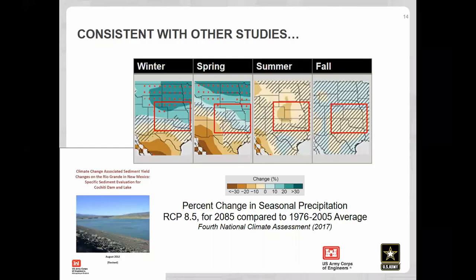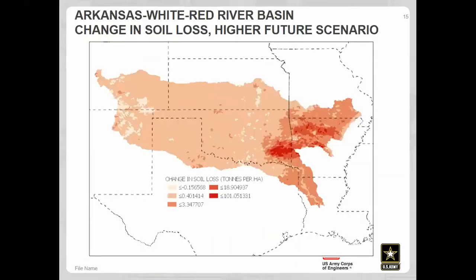So you might be asking yourself, well, really, maybe just Ariane, your model is full of horse manure. Just to assure you that it isn't, this is the Arkansas Red River Basin. And when we look at the Arkansas Red River Basin and we look at other watersheds in the future, we in fact do see places in the watershed where we're going to have fairly large changes in soil available for transport and